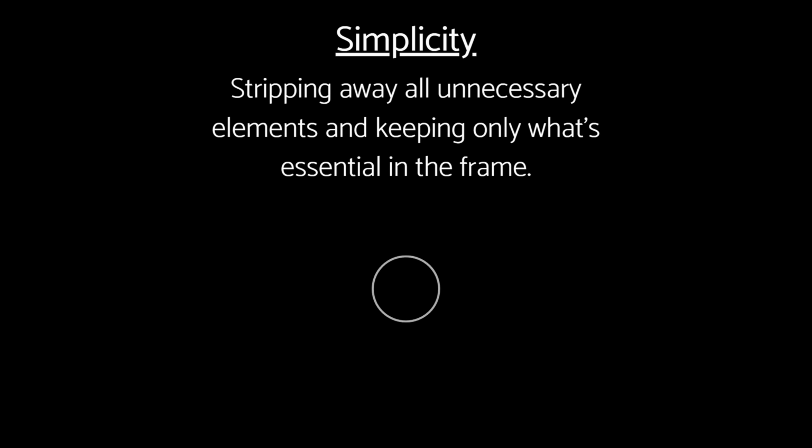The 11th compositional technique is called simplicity, and simplicity is one of the most important compositional techniques you should know. It involves stripping away all unnecessary elements and keeping only what's essential in the frame. This can be a difficult concept to grasp, as it's often counterintuitive to think that less is more. But when used correctly, simplicity can be an incredibly powerful tool for creating impactful photos. When framing your shot, try to remove any distractions that could draw attention away from the main subject. This can be done by using a shallow depth of field, shooting from a different angle, or cropping the scene